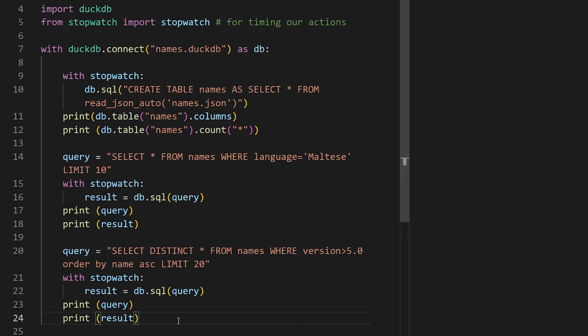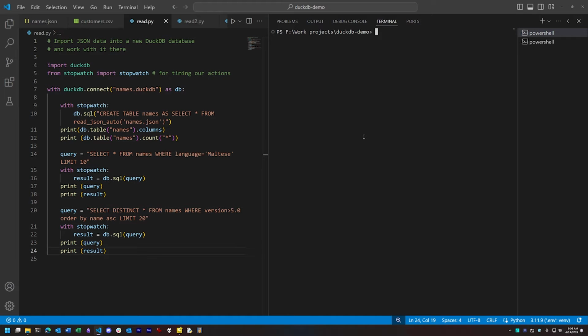We can then print those results to the console, or we could do further work with the results as Python objects. So at this point, I should also note that the DuckDB language libraries let us do many of these things in an object-oriented form. So it's a little bit like having a built-in ORM. But for the simplicity and directness of this demo, I'm just going to use SQL queries. So let's run this sample and see the results.